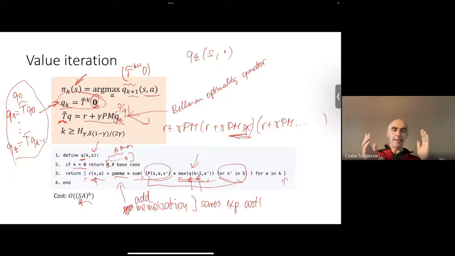That might be less than S times A to the power of k. If it's less, then this memoized version of the algorithm is not going to do more work. It's going to do the same amount of work because it remembers all these values, and then it's not doing the recursive call. So sometimes, and that's not our typical way of thinking about MDPs, you can think about MDPs where I don't have many states, and not having many states is going to save you work. That's a really lucky case.